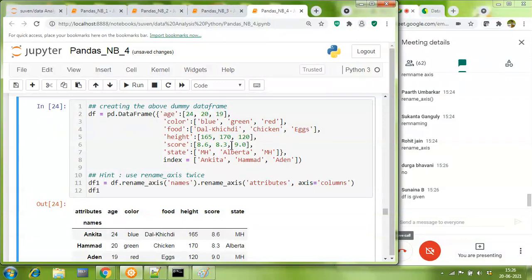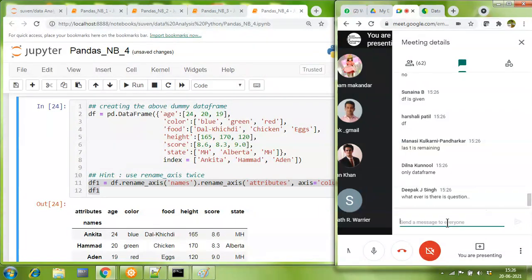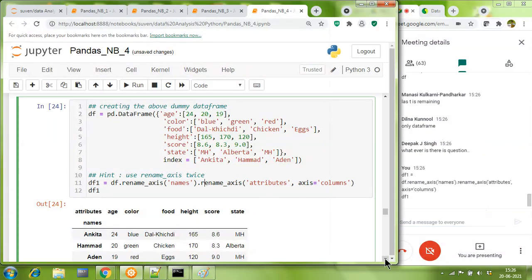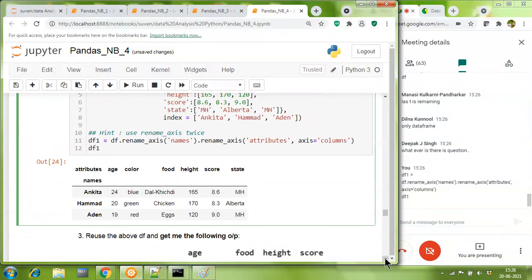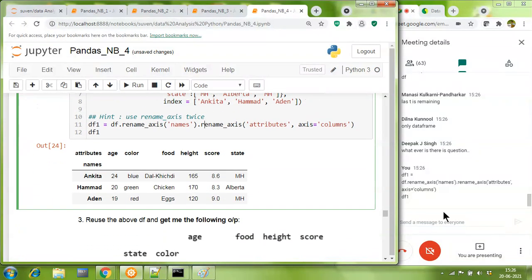Okay, df is given now. Fantastic. That means I have to only give you the code for df1. As you've understood the code, please go ahead and run it. Take your time. No rush.